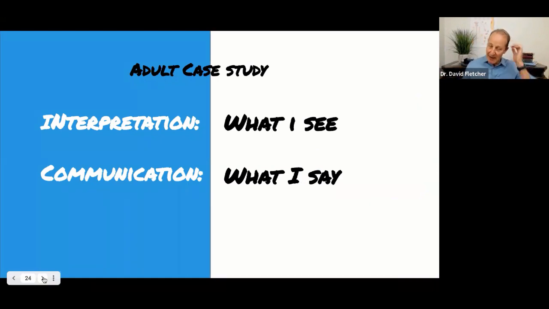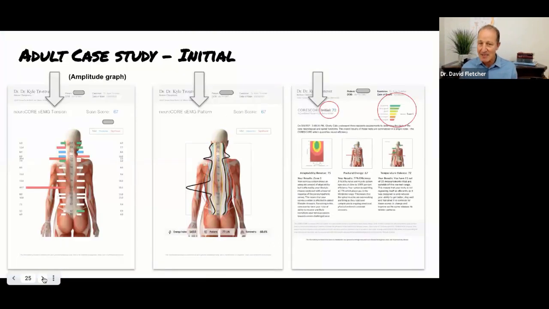For those of you that have been really putting yourself into this position of listening and learning, this is where it will all come together. We're going to take the same case studies that we had from the HRV, but now we're focusing on the EMG parts. Again, remember on the left, we're looking at the amplitude, and this is the bar graph. The bar graph represents what we see many times on the pattern graph. These two then combine along with the thermography and the HRV to produce a core score.